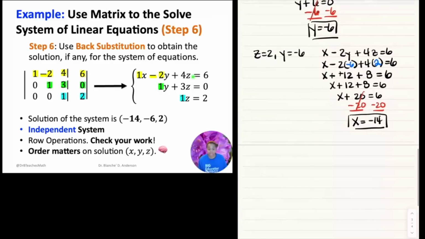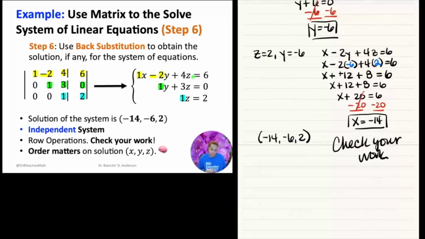Okay, remember this is an independent system because you have exactly one solution. So if you were to write your ordered pair, remember the order matters. So you'd have to write it like that. Okay, check your work. Go back to the original equation, plug these values in, and they will check out. Okay, I've already checked it for you. Now, that's if you stop right there and then you want to back substitute. But you can continue to do row operations